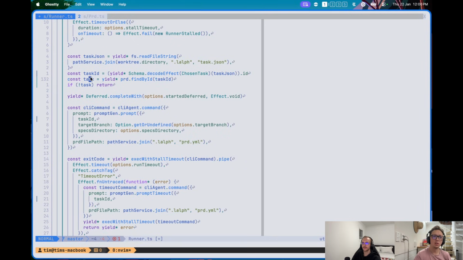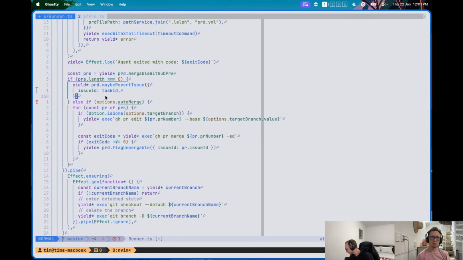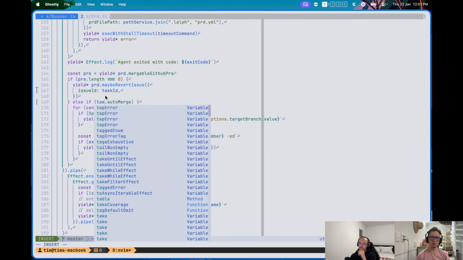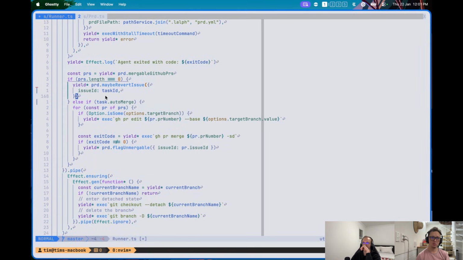So now we have access to the task itself. And here we can just go if task image. So at this point we've moved auto merge to the